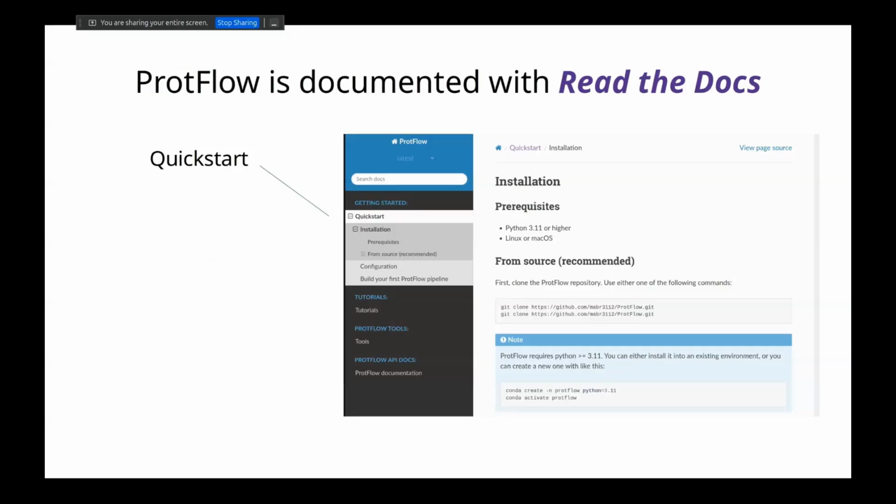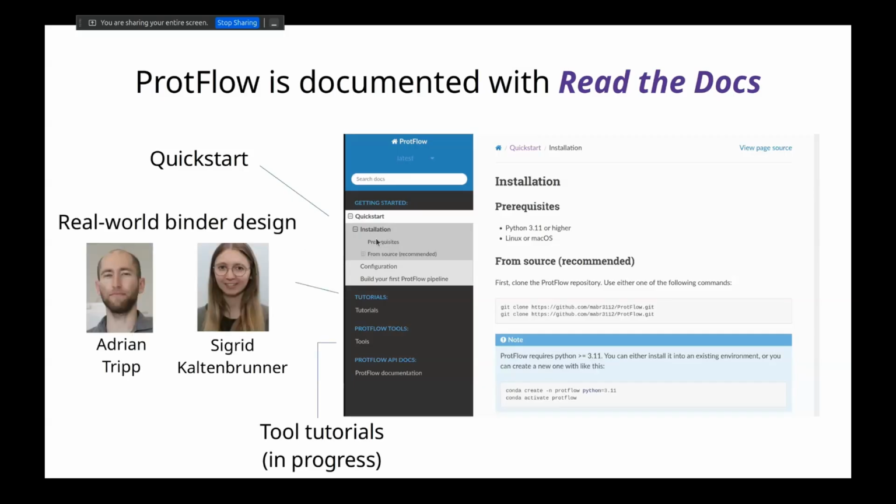So first things first, we tried to write documentation as much as possible that is documented with docs. This documentation is linked in the GitHub repository. On the top right, you can just click and you will directly get linked to this documentation, where we have a quick start section that includes how to install ProtFlow and how to configure your first pipeline. And then it also contains some real world examples in the tutorial section, or let's say for now, just one real world example of a binder design pipeline